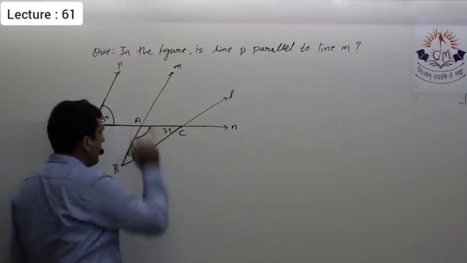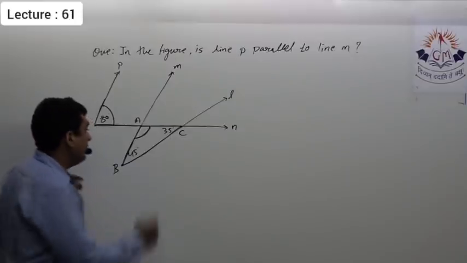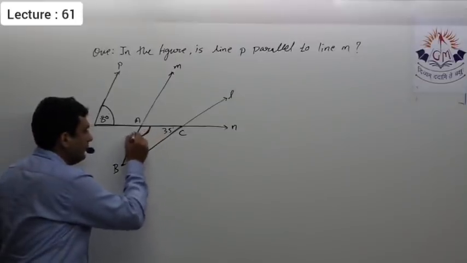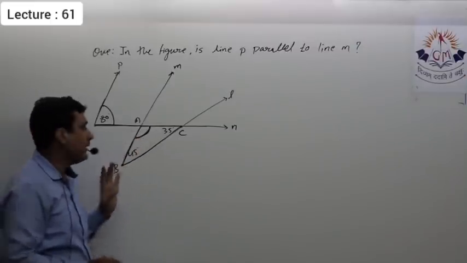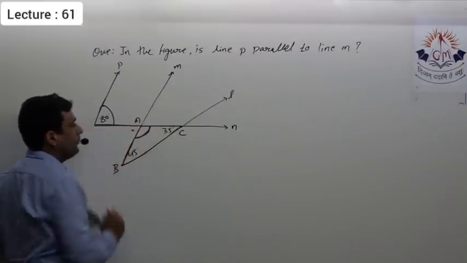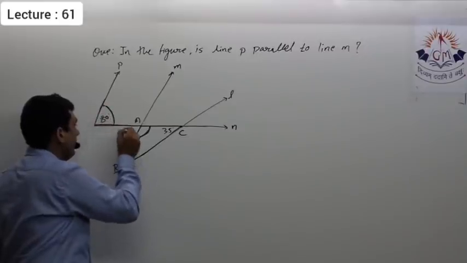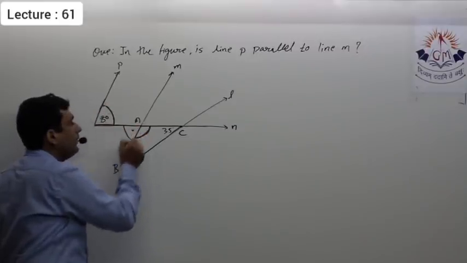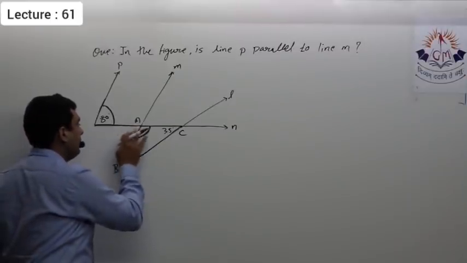Another way, suppose I'm not allowed to use the corresponding angle. Then see, this is 100, which we observe with the help of the angle sum property. Now as this is 100, by linear pair I will be able to find this angle, that will be again 80. Now these two angles, this one which is 80 and this that I obtained, are alternate interior angles which are equal, so lines are parallel.